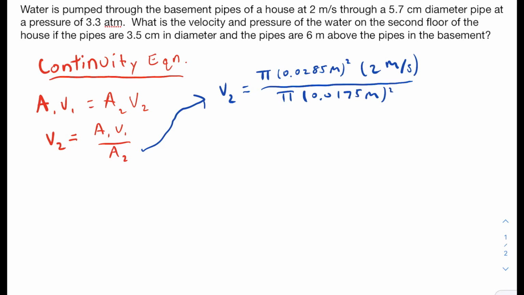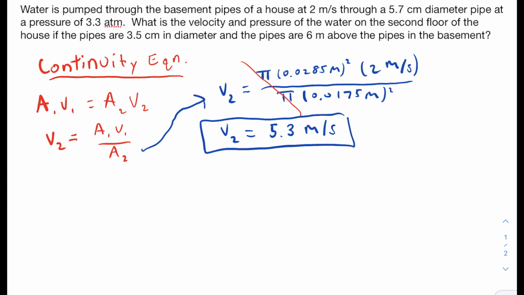Notice that the pi terms cancel out, so it's just the square of the radius of the basement pipe multiplied by the velocity of the fluid within it, divided by the square of the radius of the second floor pipe. Solving the equation, we can find that the velocity of the water through the second floor pipe is equal to 5.3 meters per second. Using this information, we can now use Bernoulli's equation to find the pressure in the second